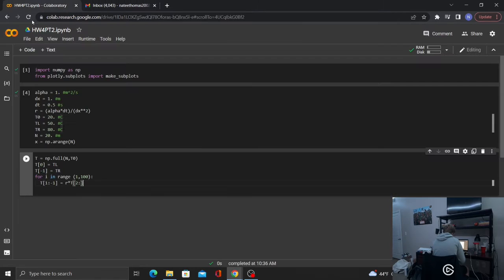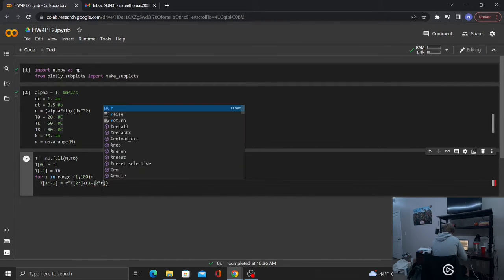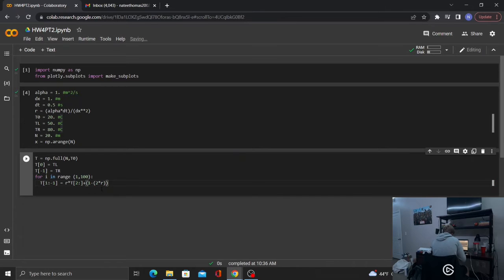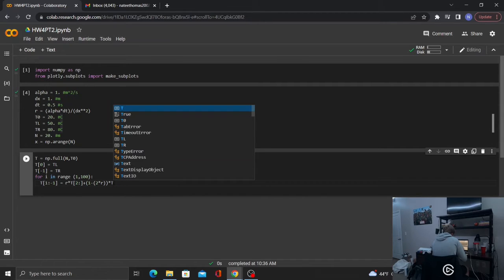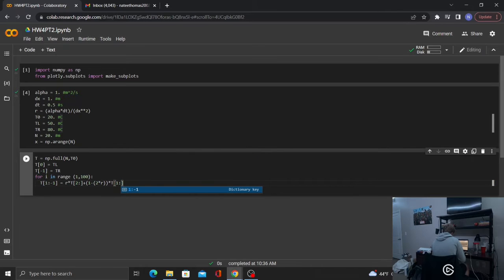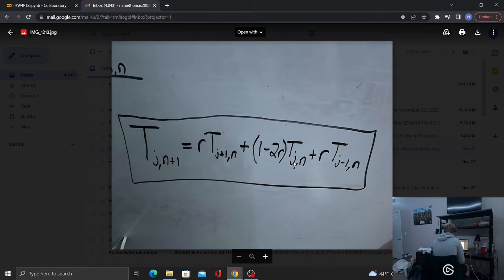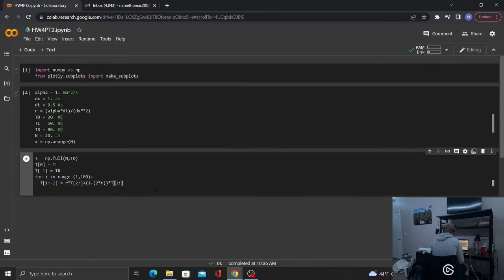And then our next one is just plus, and it's just our 1 minus 2 times R, and then that multiplied by t, and this will actually be the same slicing since it is also at position j here, so j to -1,